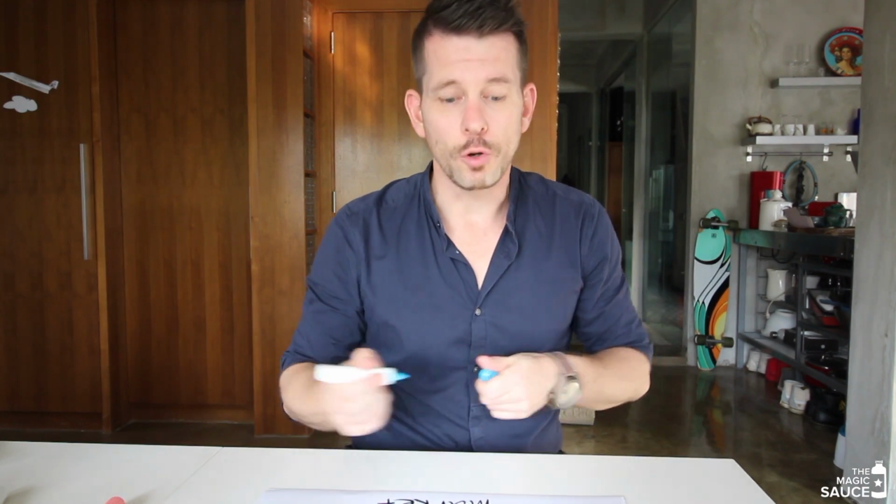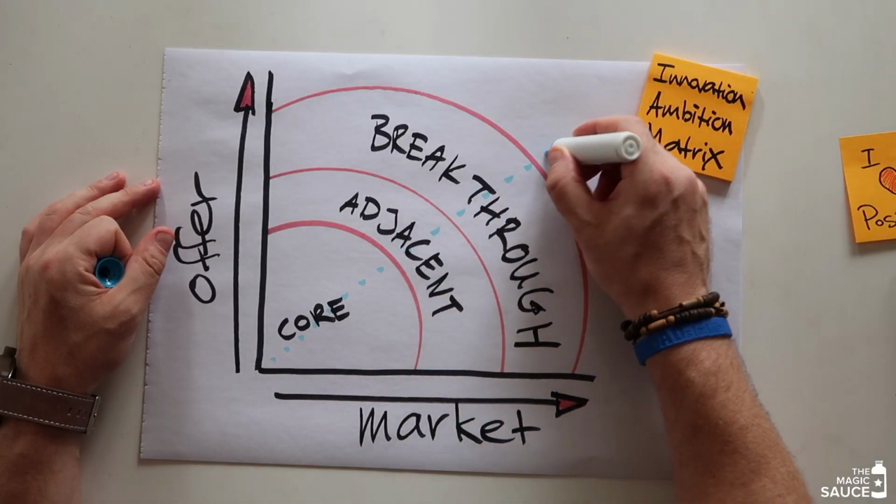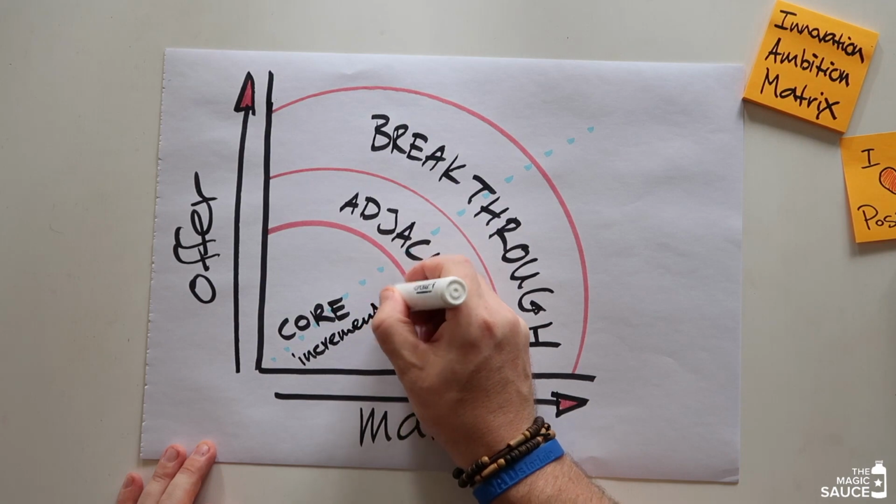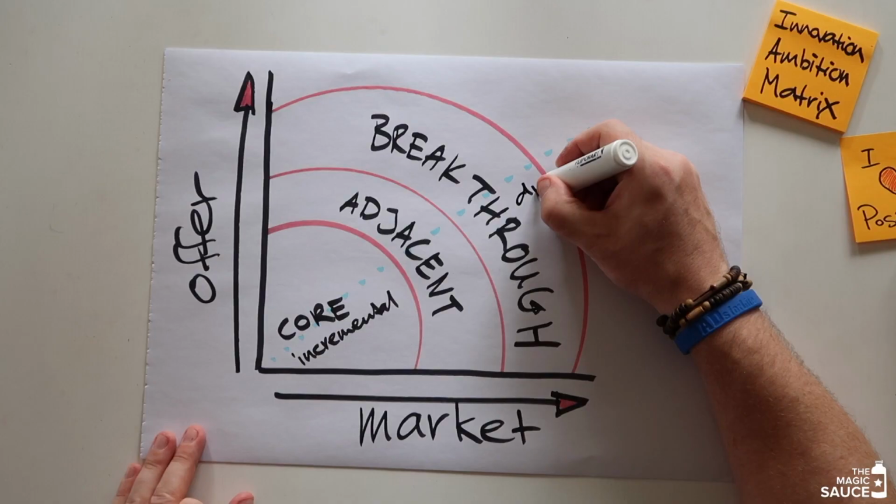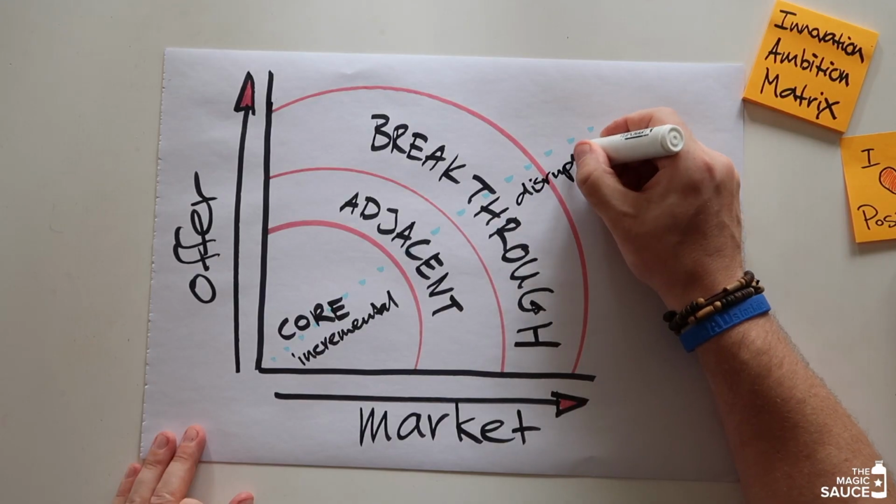Breakthrough. Here's where you develop breakthroughs and invent things for markets that don't even exist. Here's where you change the game. Of course, as you can see, if you were to do this linear, this is incremental, smaller tweaks and lower risk. And of course, here is disruptive. On this side of the spectrum, bigger game changes with higher risk.